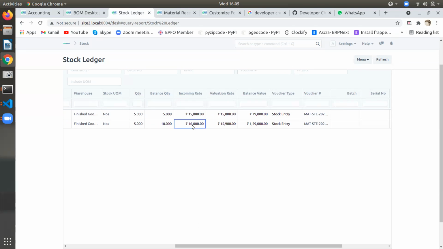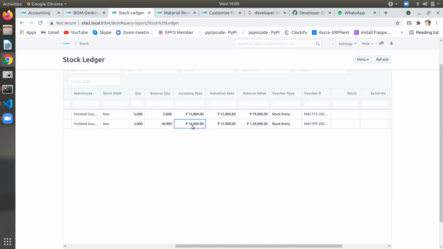This is 200, that is 5 into 15,800. So this 5 quantity is there, right? So valuation rate is costing per unit. Correct. So 200 we have put for how much quantity? 5 or how many? 1 only. For 1 quantity we have put 200 rupees expense.